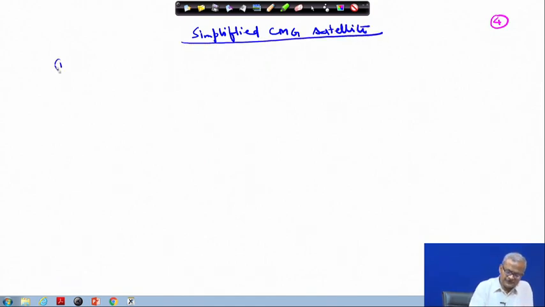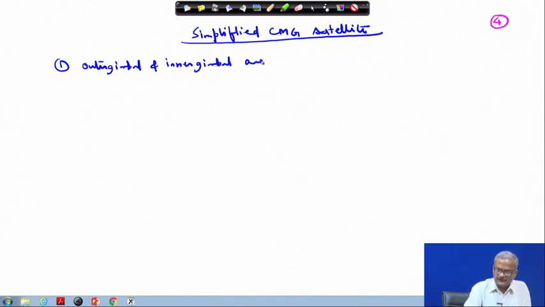So under the assumption that the outer gimbal and inner gimbal are massless, therefore their motor will also not be considered. The outer gimbal and inner gimbal are massless. So under this assumption we have simplified the equation of motion as